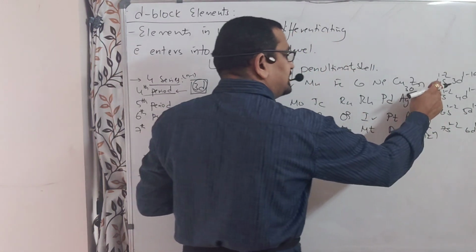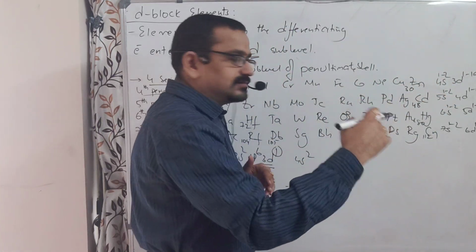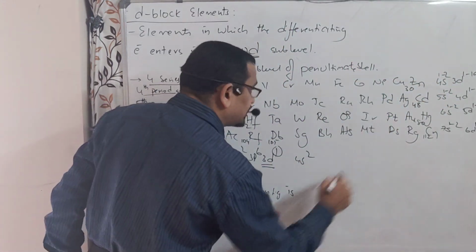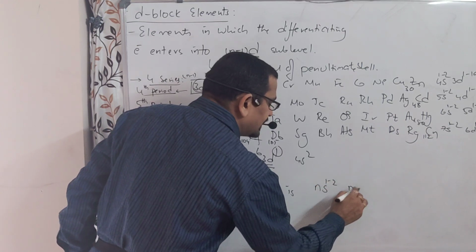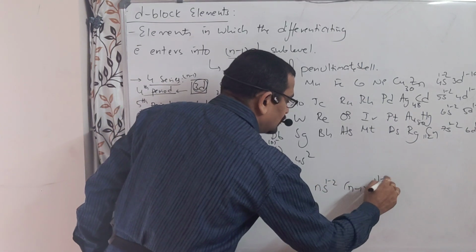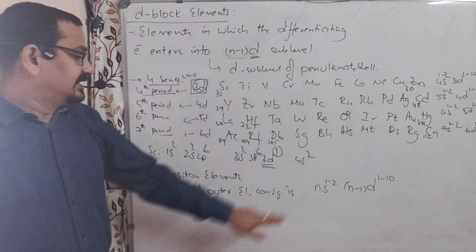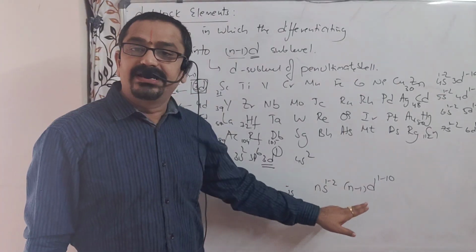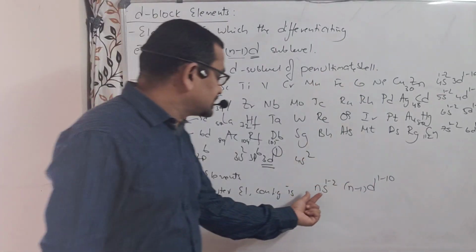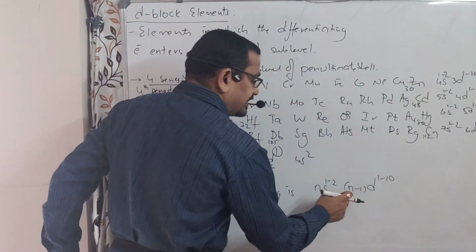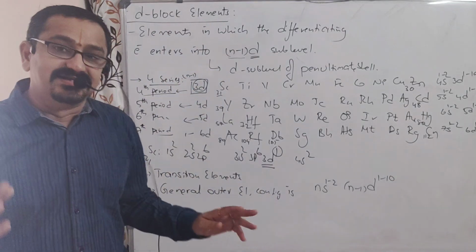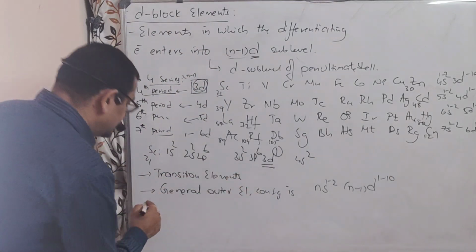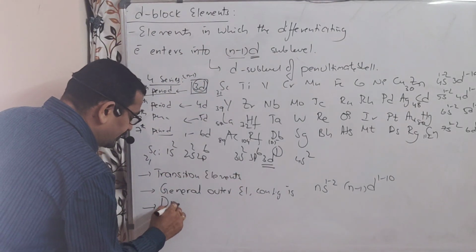So the ultimate shell and penultimate shell are varying. We can give their general outer electronic configuration as ns1 or 2, (n-1)d 1 to 10. Here n corresponds to the ultimate shell, and n-1 corresponds to the penultimate shell in which the differentiating electron is entering. Understood? And due to the presence of